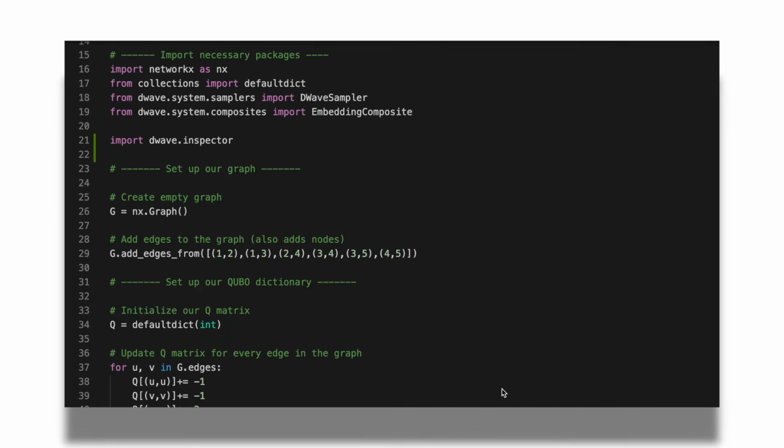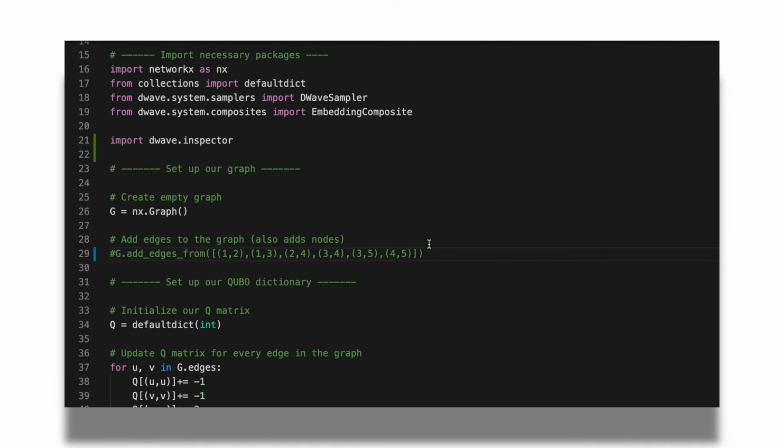The last problem was fairly small with only 5 logical variables, so we didn't have any warnings appear. Let's see what these warnings look like and how we can use them to tune our programs and find better results from the D-Wave quantum computer. Let's go back to the code, and instead of the 5 variable problem we ran earlier, we'll look at one